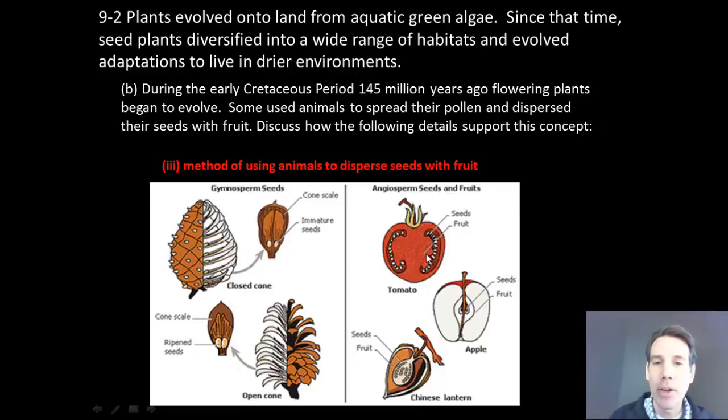Compare that to an angiosperm. Angio means vessel, and so the plant material is surrounding the seeds. You could shake a tomato or an apple all you want, and those seeds are not going to come flying out. So they're kind of protected inside the plant. But more importantly, the fruit, which is surrounding that seed, is again a way to entice an animal to possibly eat the entire fruit, seeds and all, and then the animal walks away or flies away if it's a bat, and then defecates out those seeds as a way of dispersing the offspring. So again, it's a more targeted way, in this case, to deliver the seeds from one place to another, as opposed to the wind, which is used by the gymnosperms to disperse their seeds.